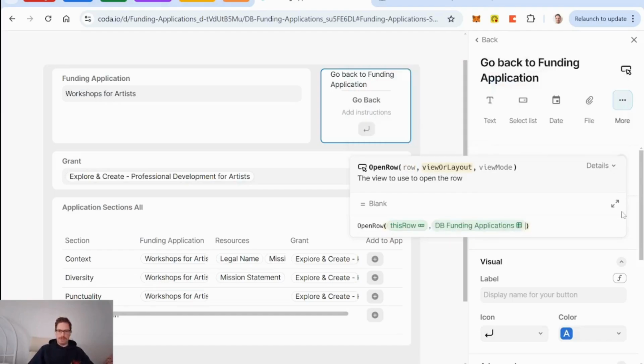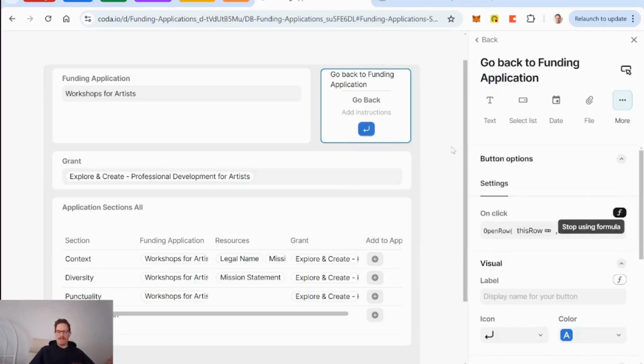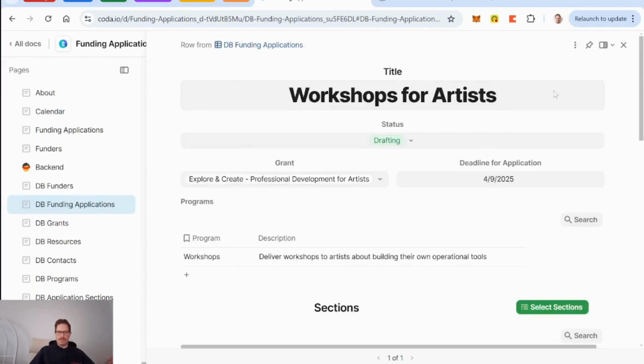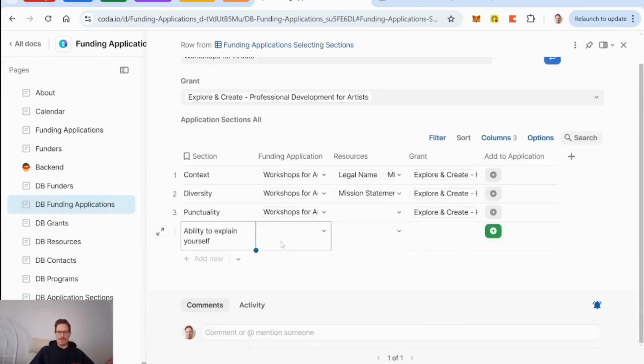DB funding applications table, right? Because that's where the main layout is. Okay, so now if I want to go back to the application, there I am. If I want to select sections, here I am. Okay, so now there's only one section left I can select, but